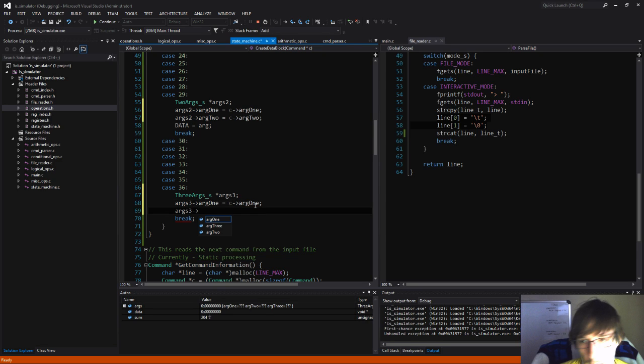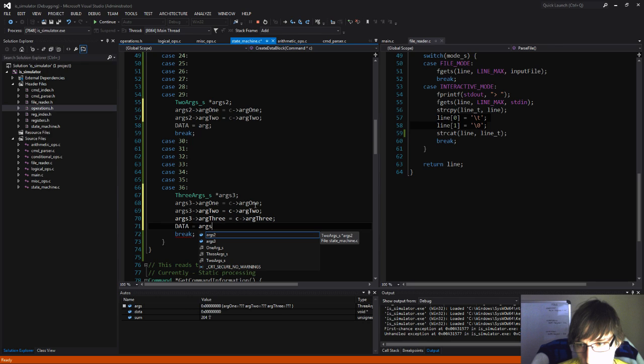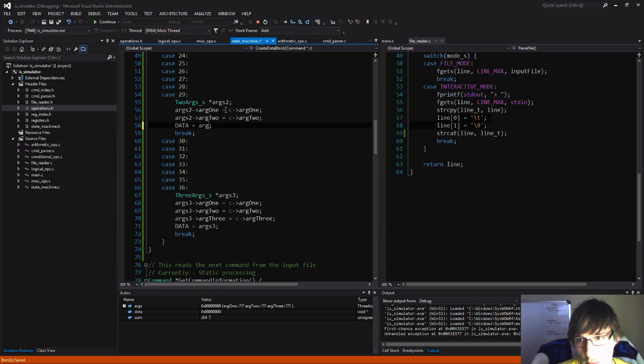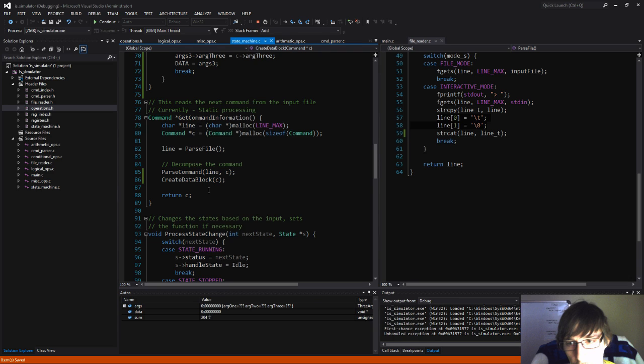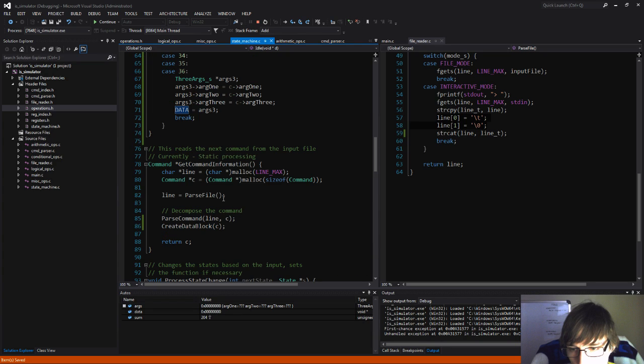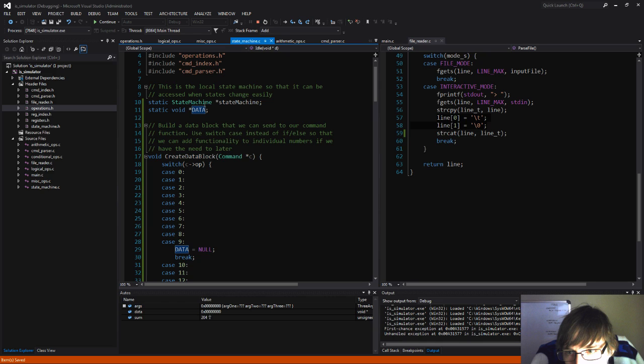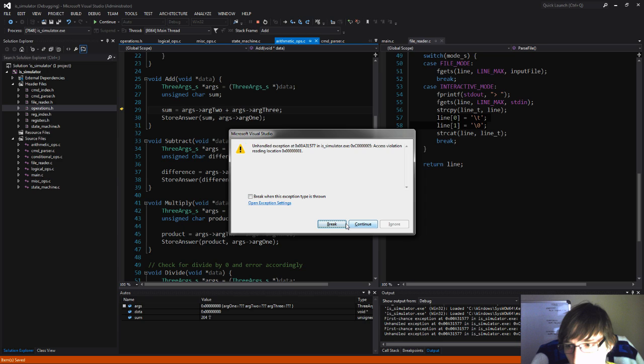Okay. arg2 equals arg, and then data, and we'll set this to args2, and that all, and now we should put, actually we'll just set it to null at the beginning, just break. Actually